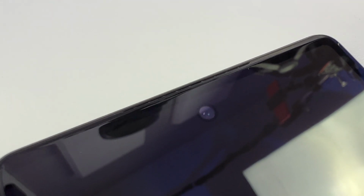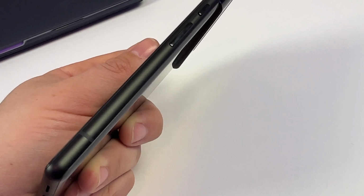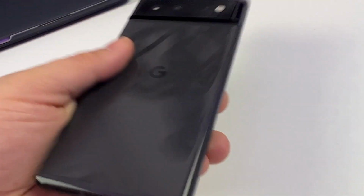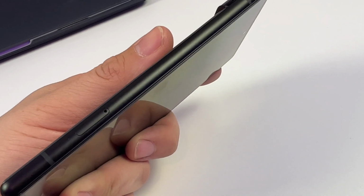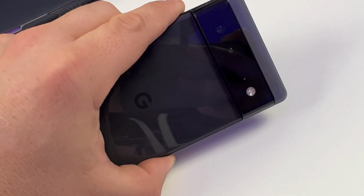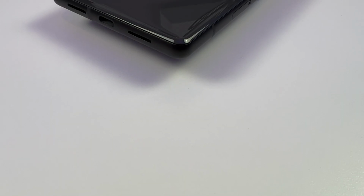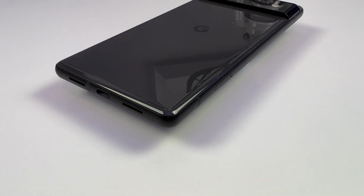One thing that I didn't really get to test too much, simply because I was only able to play with the phone for a few hours, was how energy efficient that Tensor chip was going to be, because battery life is something that is not only important to me, but obviously important to a lot of other people that picked up this phone, because you've seen a lot online of people tearing the battery of either the 6 or the 6 Pro down. But something you have to remember is that on Pixel devices, and similar can be said with Samsung devices,